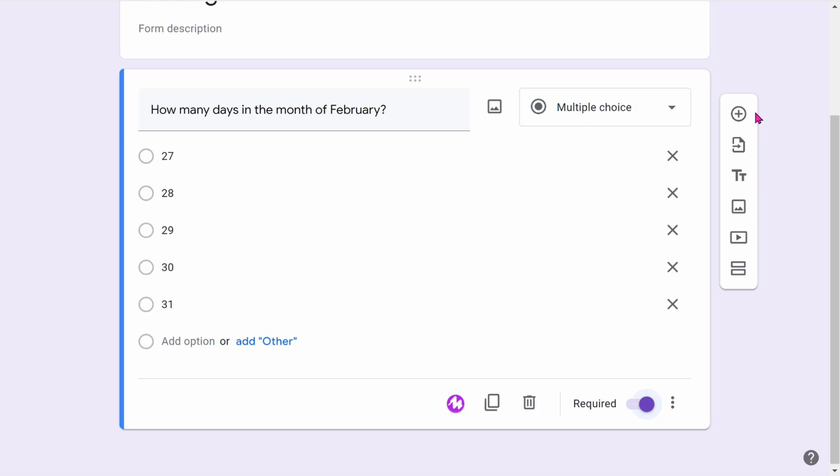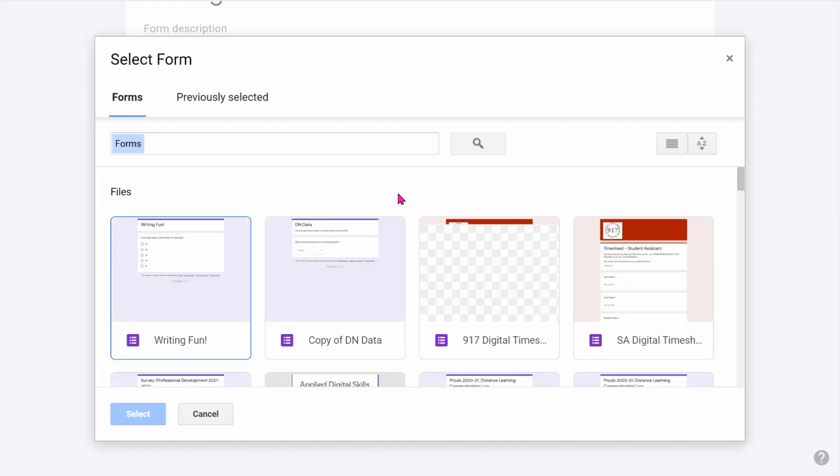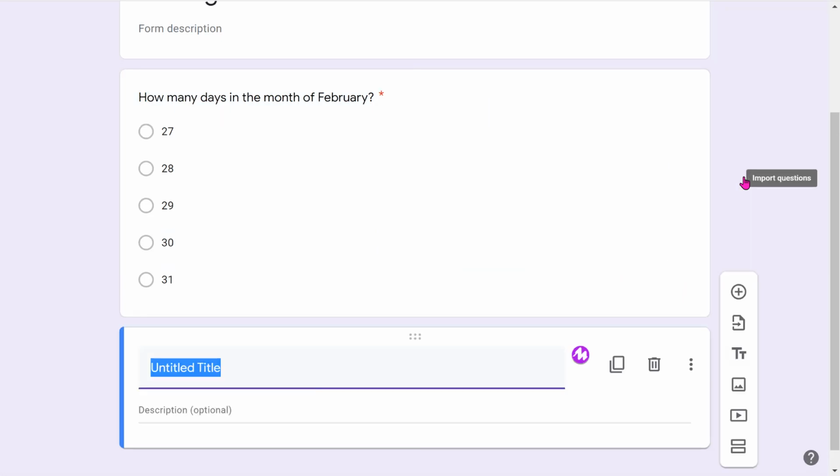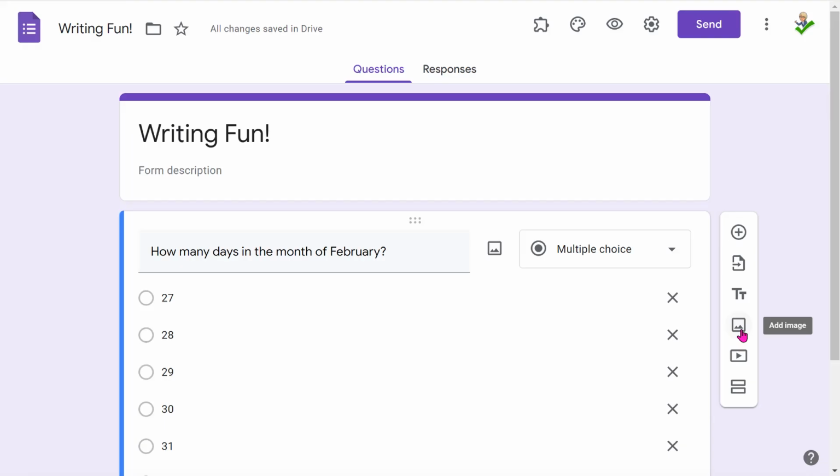Some other options you have in this little menu along the side are to add another new question. You can import questions. This will allow you to add questions from another Google form. You could add a title and a description. You could add an image, and this is nice if you want to ask people a question about an image or use an image as a writing prompt. Same thing below that, you can add a video, and this is nice if you want people to answer questions